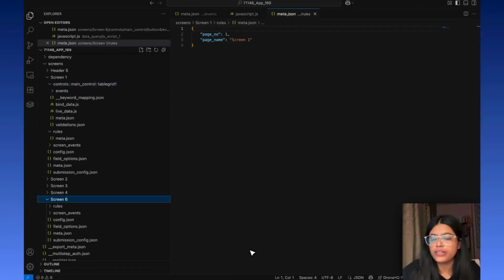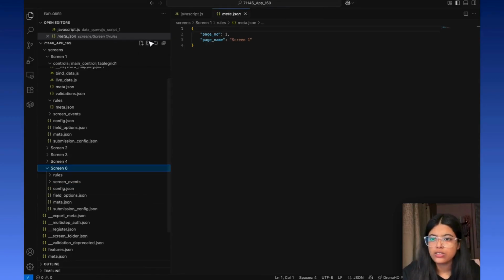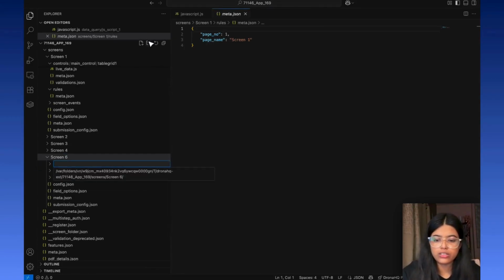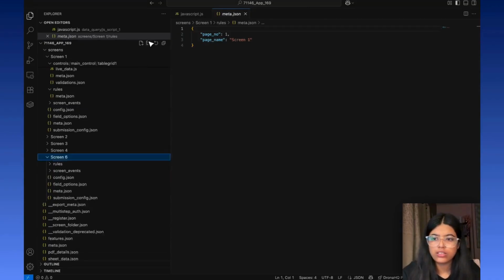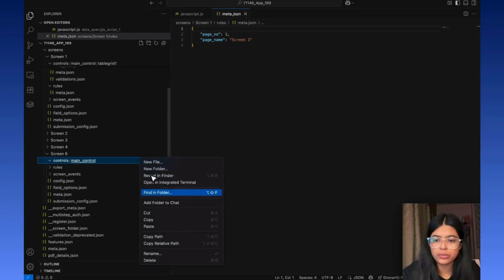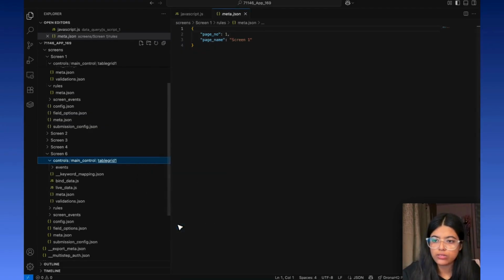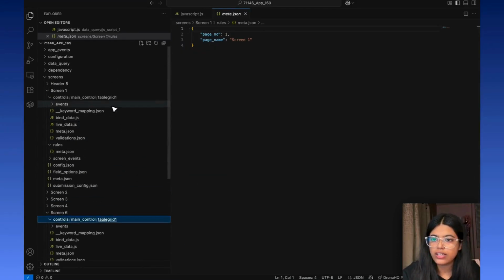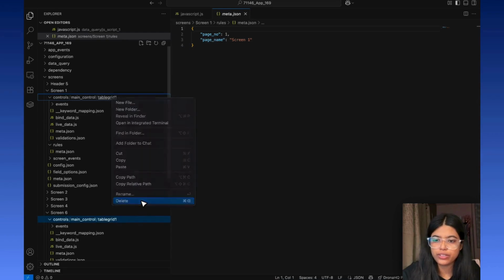Just be careful while you're shifting or duplicating controls. As we can see, there's a certain folder structure which has controls and then main controls, so we are going to adhere to that. At first we are going to make a folder called controls, and under that we are going to create a folder main_control. And under that, we are going to paste our table grid. So I'm just going to paste this and delete the table grid from here